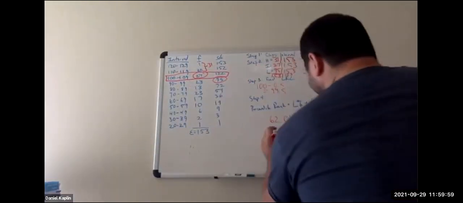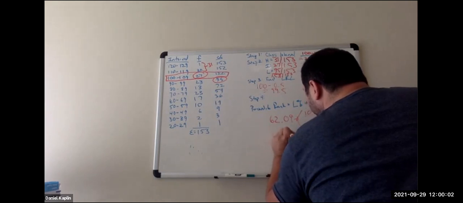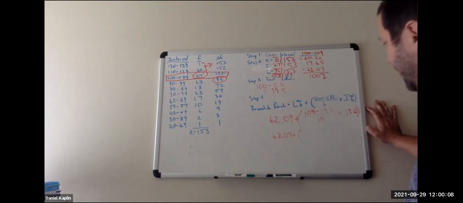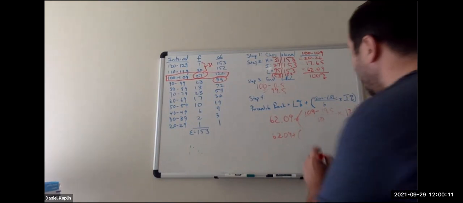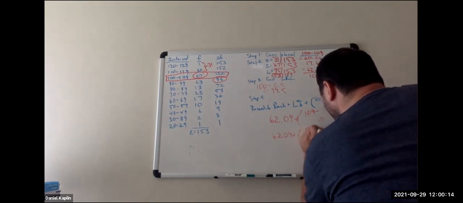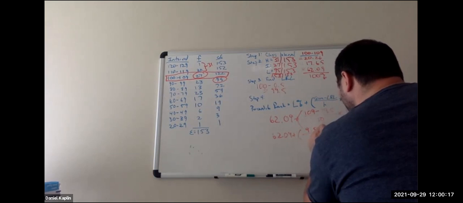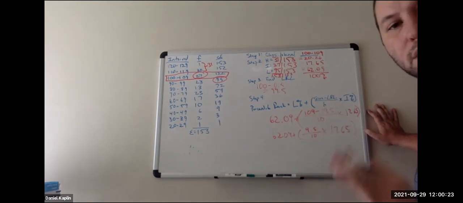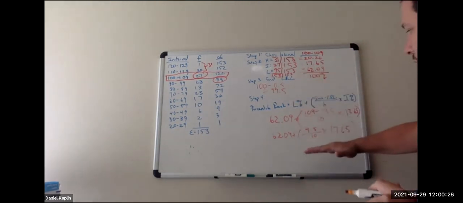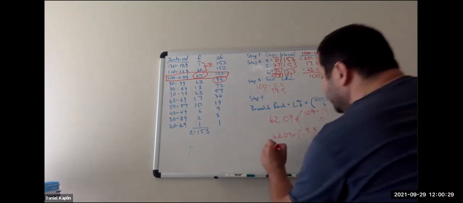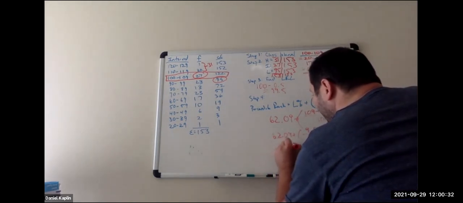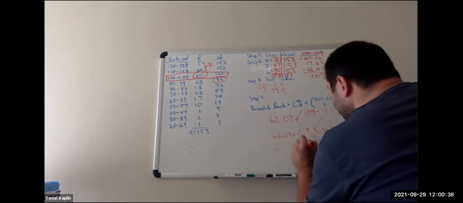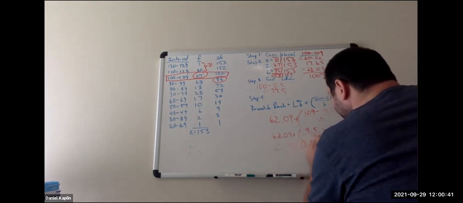All right. So we have 62.09 plus 109 minus 99.5 is what? 9.5, divided by 10 times 17.65. All right. So what do we have so far? We're working through our formula. We're still going to carry 62.09 across. 9.5 divided by 10. What's that? That's 0.95 times